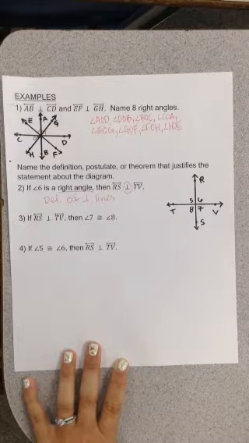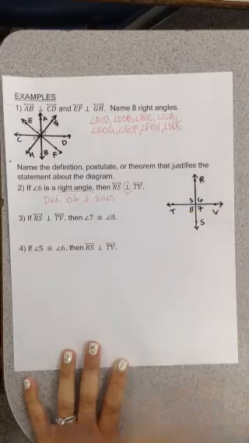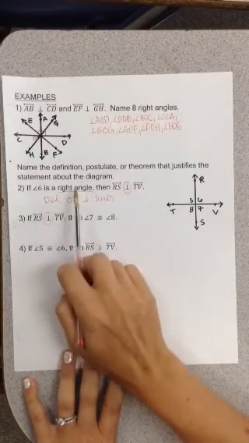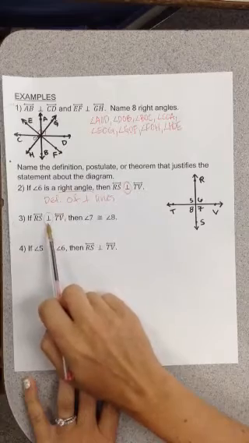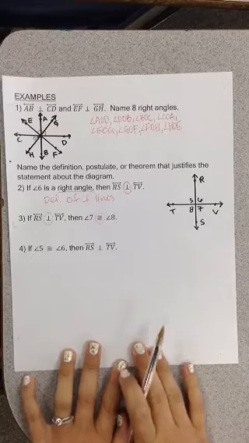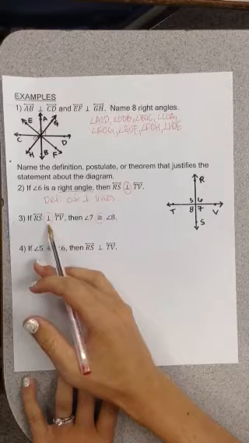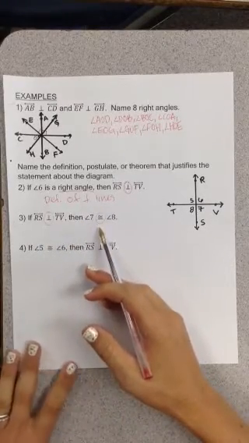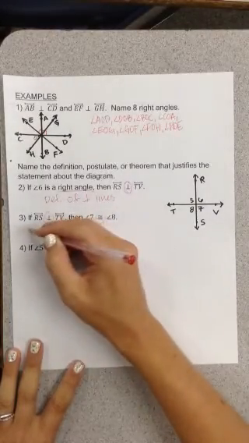Okay, let's look at number 3. It says if RS is perpendicular to TV, then 7 is congruent to 8. Notice, it's saying something about perpendicular, but unlike up here where it was relating perpendicular with right angle, it's saying if it's perpendicular, it means angles are congruent. So you want to look through your notes for something written in that same form. If something about lines being perpendicular, then something about angles being congruent. And you're going to see it's the theorem we had in our notes today that says if